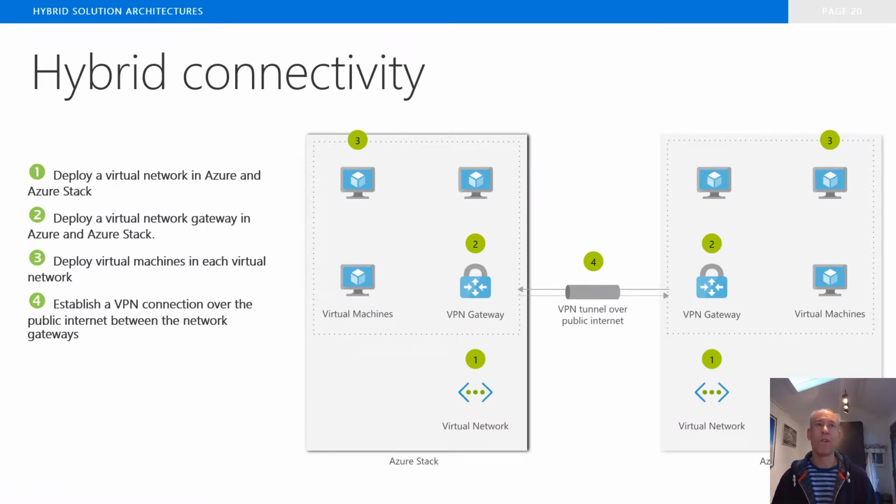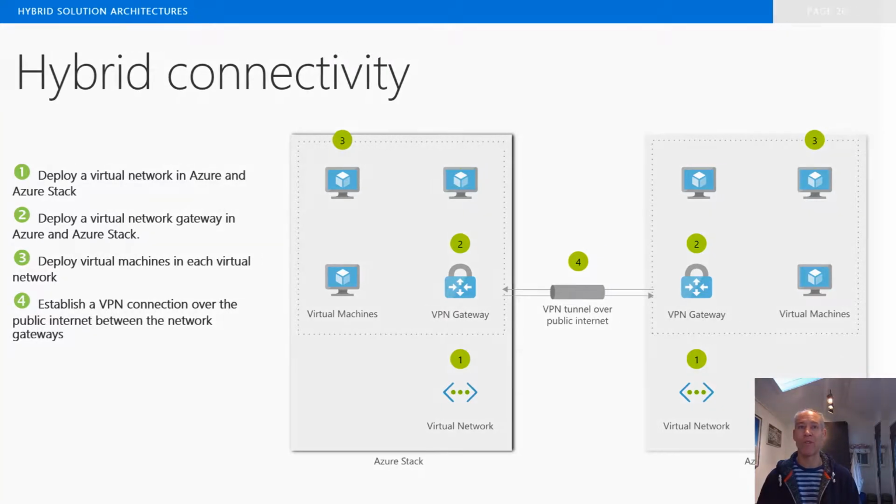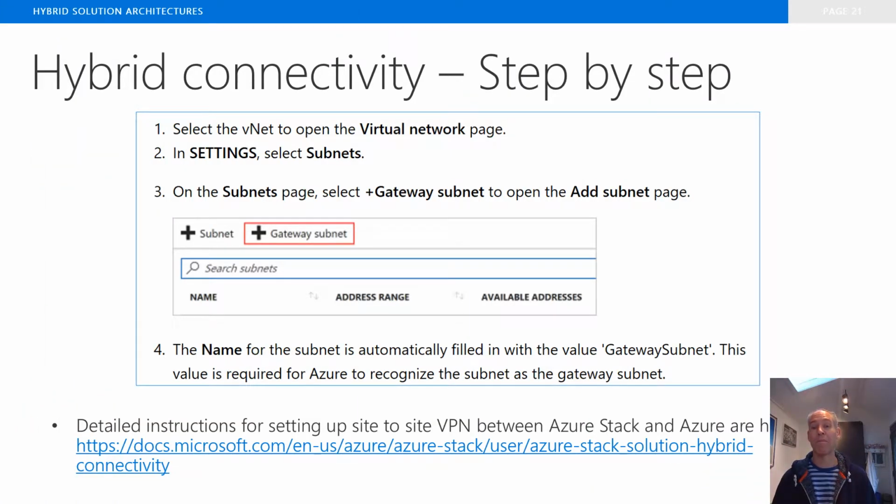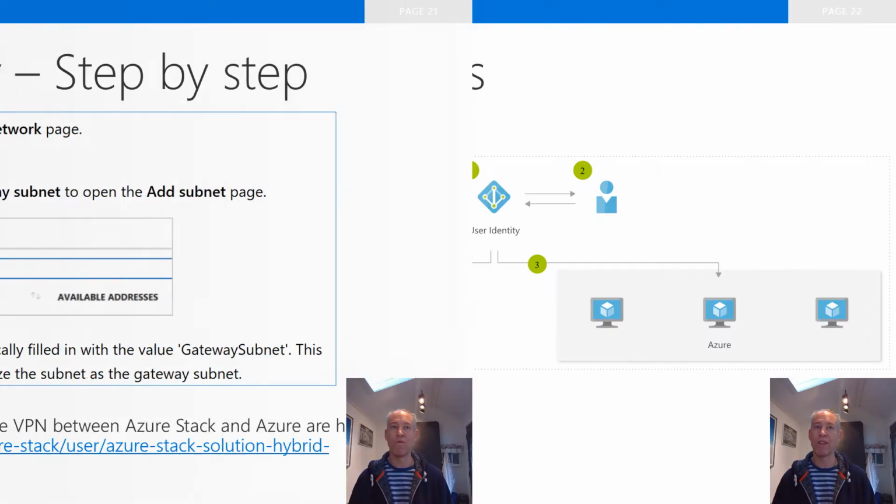So first, at a high level, here's the hybrid connectivity pattern. The idea here is that you would deploy a virtual network in Azure on the right-hand side here, and another virtual network in Azure Stack, deploy some resources to each, but you want them to communicate and have connectivity. So you will deploy a VPN tunnel to connect up these 2 virtual networks so that they can seamlessly connect. There's a step-by-step document that will guide you through this process in a standard manner. So basically, you're going to have instructions here for setting up the VPN gateway to connect those 2 in private